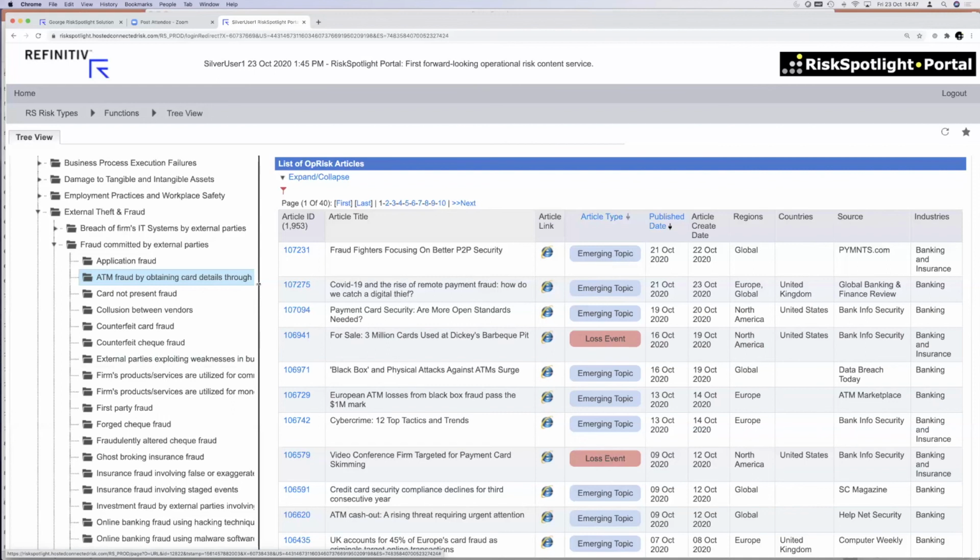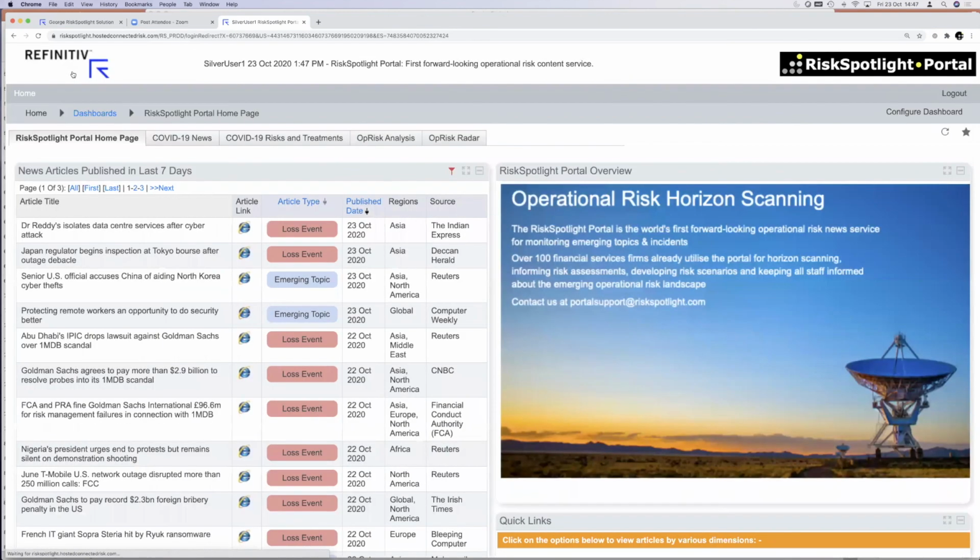And right now, from what we know, there is no content provider which provides forward-looking content. Yes, there are a lot of content providers where you can get all the loss events for the last 20 years for ATM fraud or money laundering, but there is no provider at the moment who provides forward-looking information. So you can utilize this.